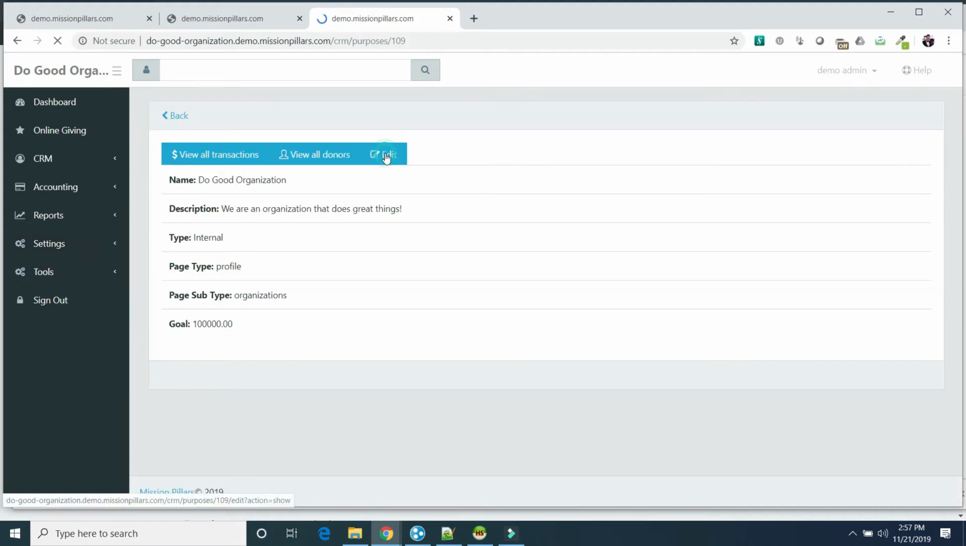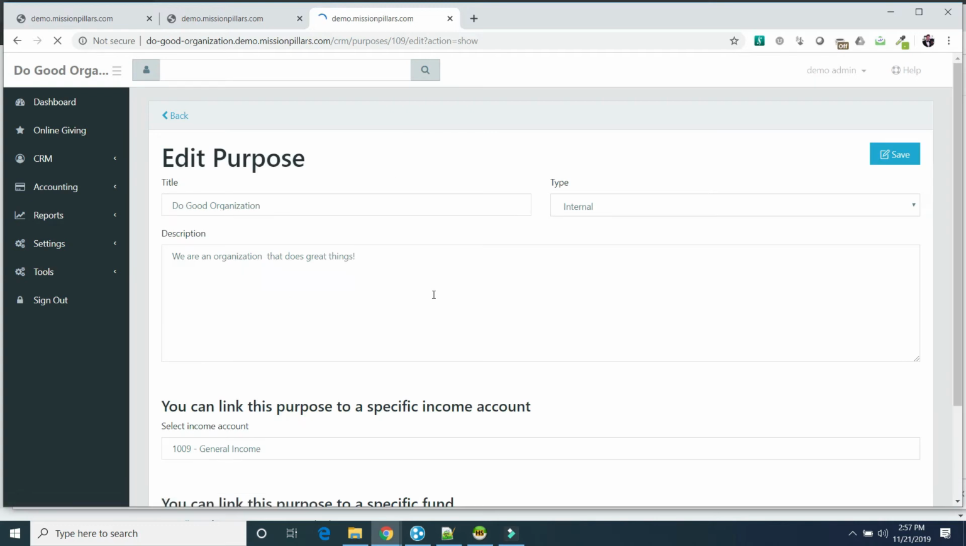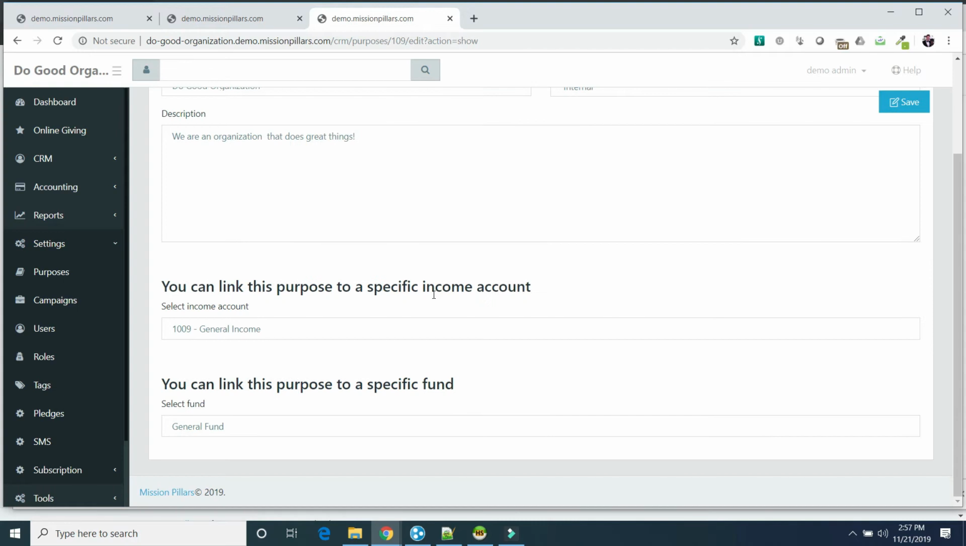Let's go ahead and edit this purpose. Inside of here, you can set up which income account. I'm just saying this is going to go to our general income, and this is our general fund. There's something I want to make